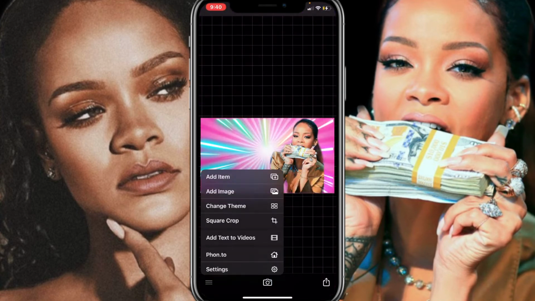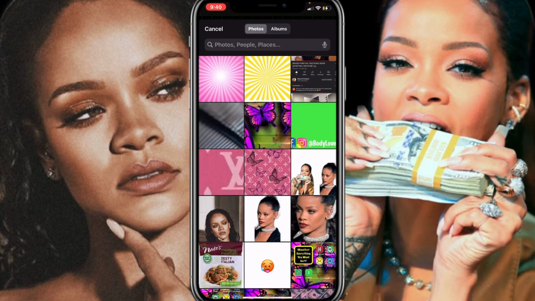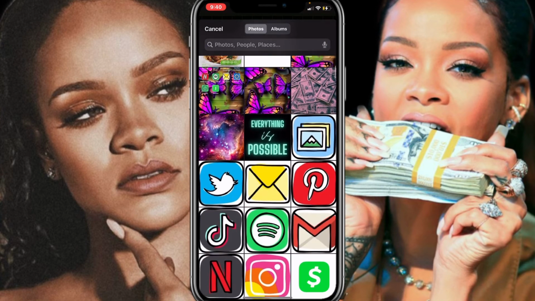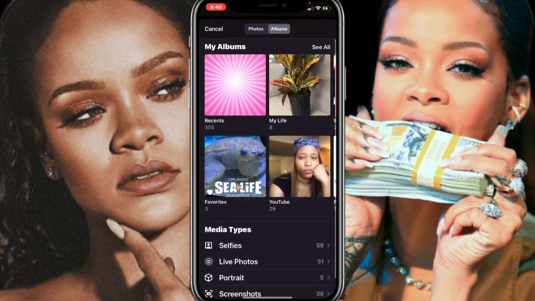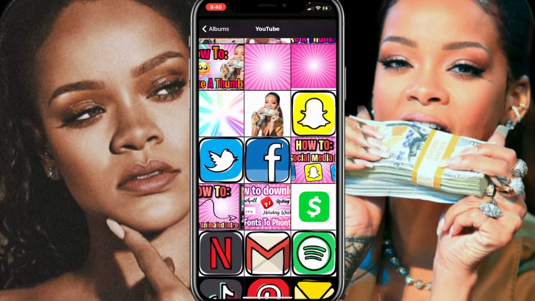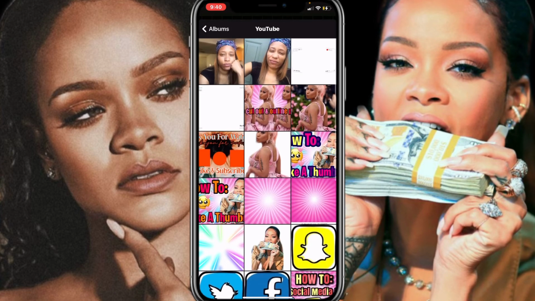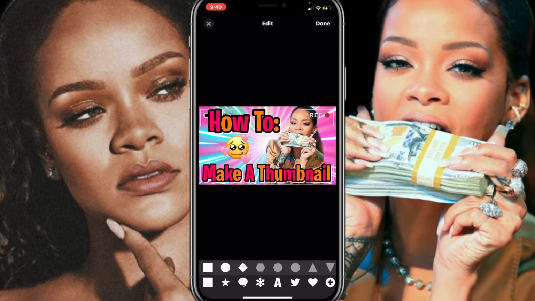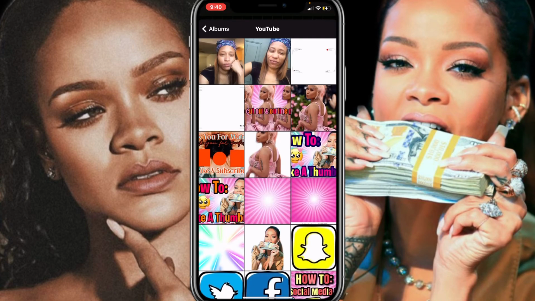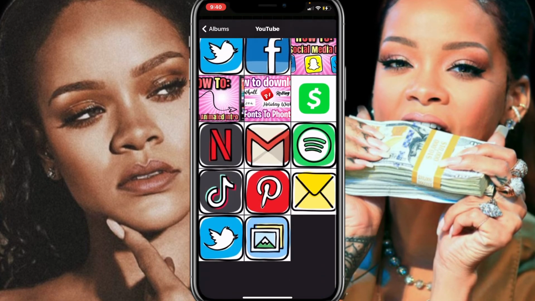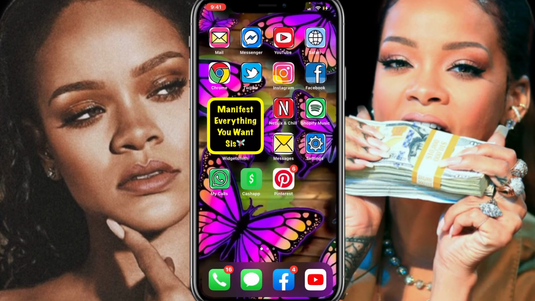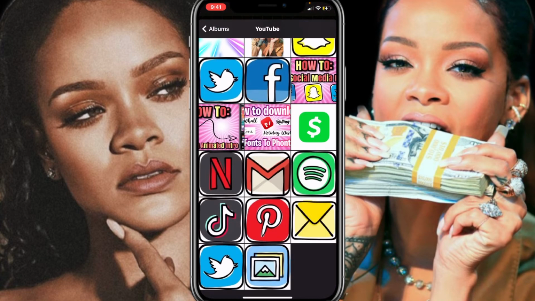I'm going to go to the four lines again, hit add image. And I'm going to choose albums and go to my YouTube here. I did add an emoji, like you could tell from this one. So I'm going to go ahead and show you guys that as well,